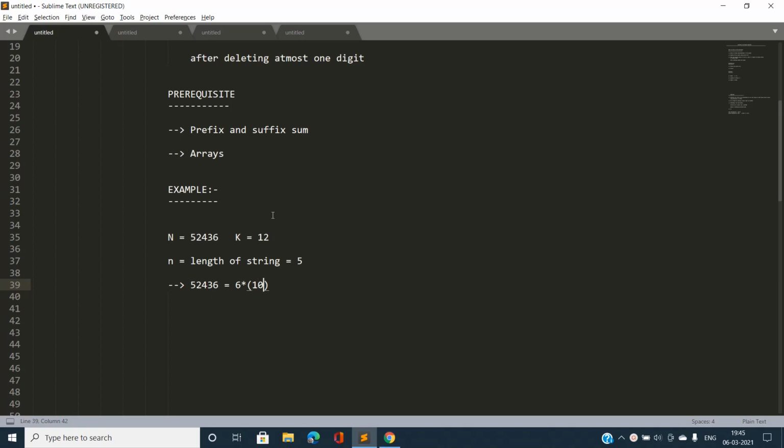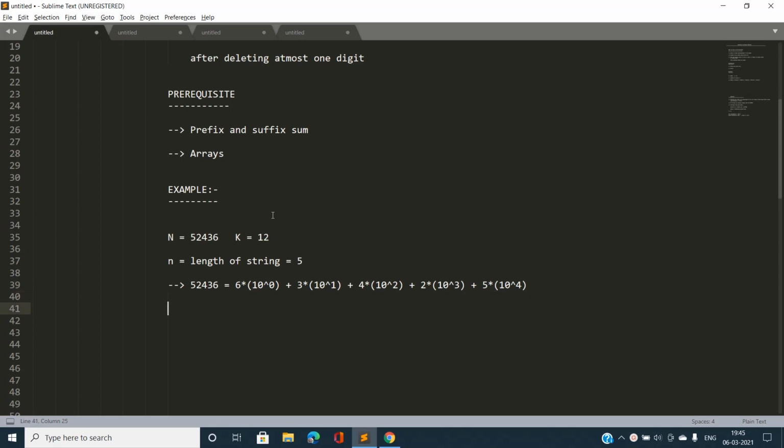I'm going to write 6 into 10 power 0, plus 3 into 10 power 1, and similarly 4 into 10 power 2, and 2 into 10 power 3, and 5 into 10 power 4. This is how we can split 52436 into the constituents of its digits, and if we sum up these values, you can see it is still coming out to be 52436.